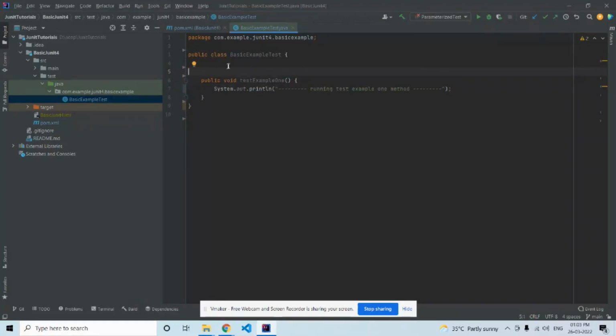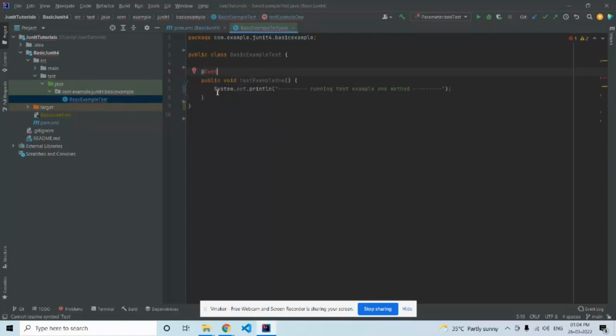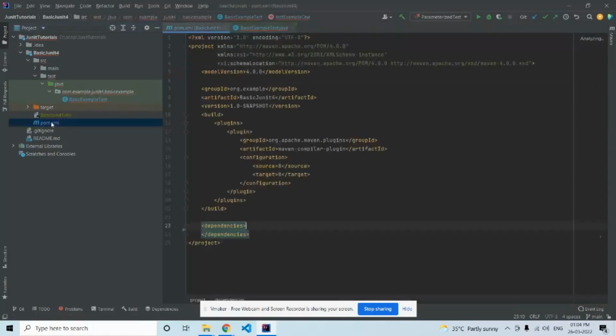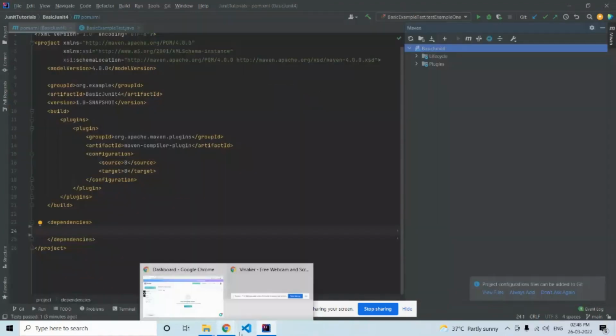To make my test cases in JUnit, I need one annotation. That annotation is known as the @Test annotation. For now, I can see that I am getting an error that it cannot resolve this Test annotation. So for this, I need to add one dependency for JUnit in my pom.xml. I'm going to the browser